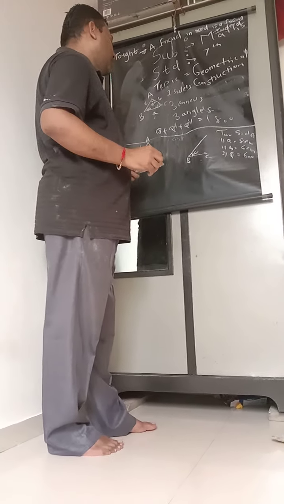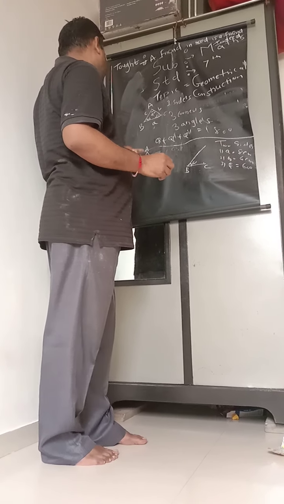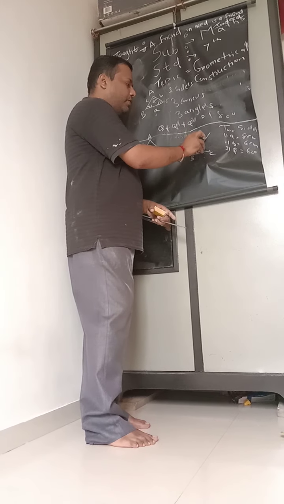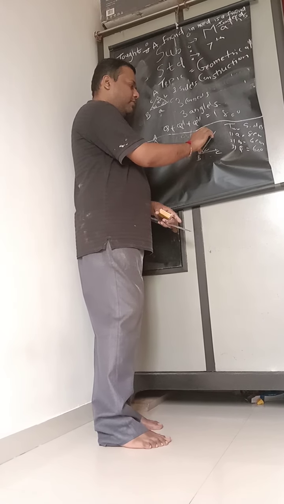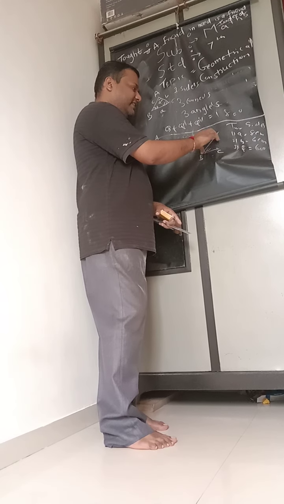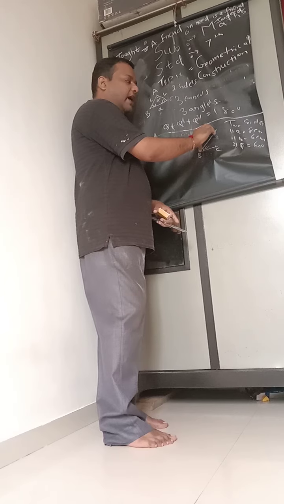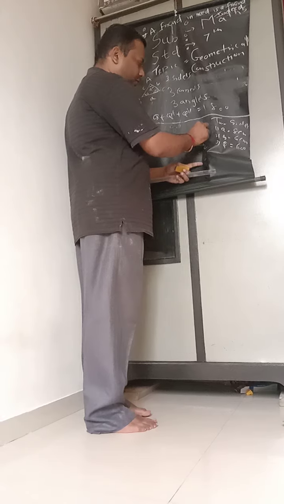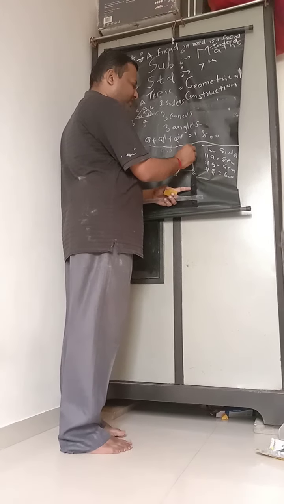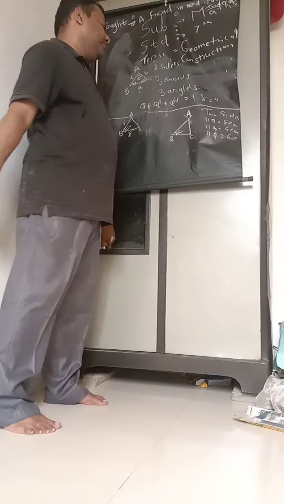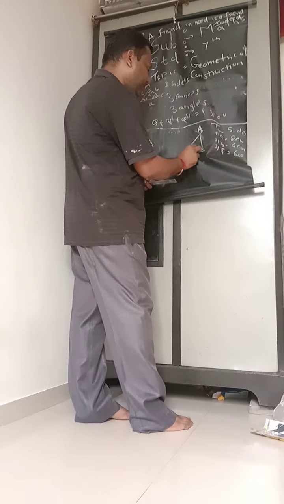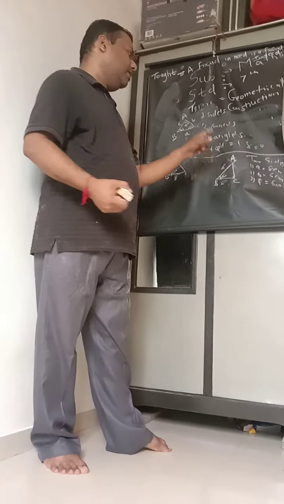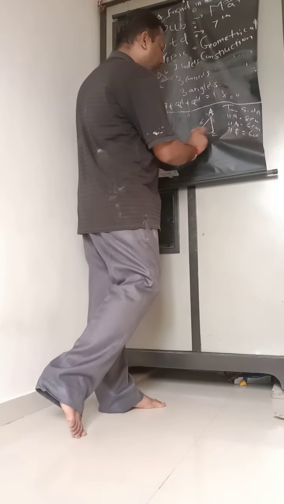Then one thing is important: AB is equal to 6. So take the scale, place it on this point and cut this line. Have you seen the cutting, my child? Yes. Okay. Then you draw these two lines and join them. This is my ABC. This is my 8 centimeter, this is my 6 centimeter, and the angle is 60. In this way, you have to construct a triangle when two sides and one angle are given.